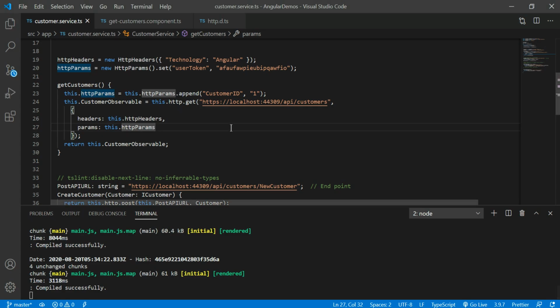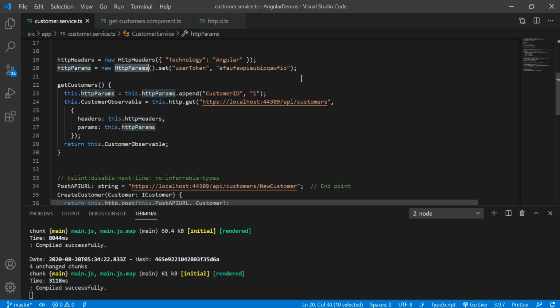So these are the HTTP params and HTTP headers for your entire application. If you wanted to pass any global information from the HTTP request, then you can pass that global information from the HTTP parameters. Generally we pass user tokens, user customer IDs, and the role of that particular customer.